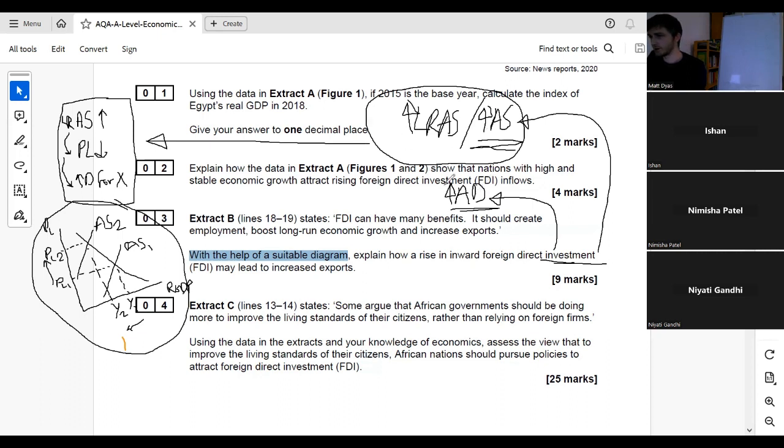So I think this question very nicely shows quite a few things. Firstly, the primacy of ADAS questions for these 9 markers in the macro paper. It's basically guaranteed, or as close to guaranteed as a thing can possibly be, that at least one and probably both of the 9 markers will be ADAS.